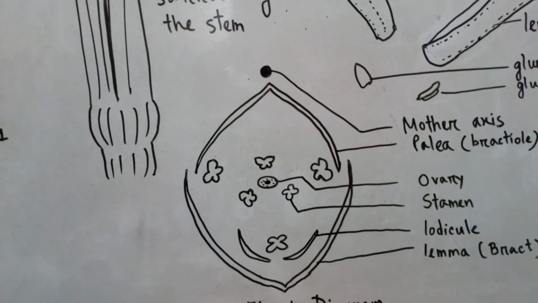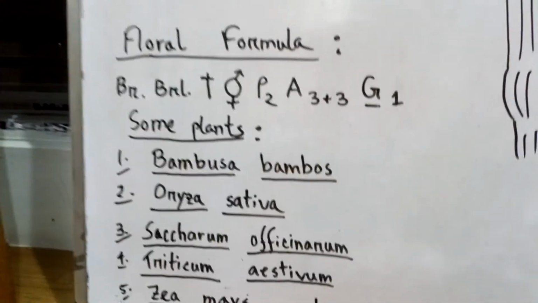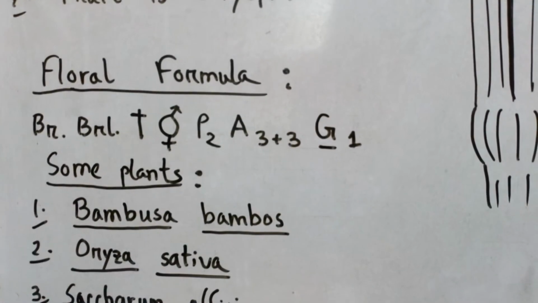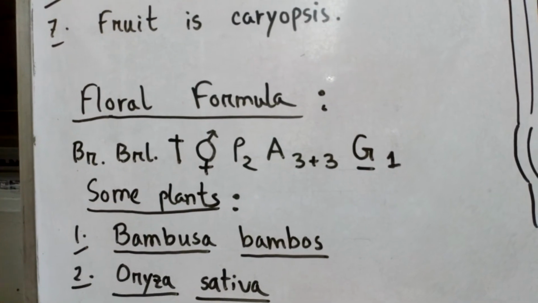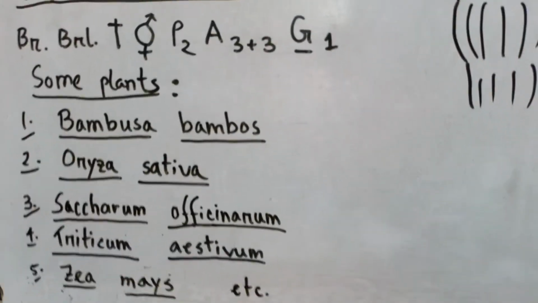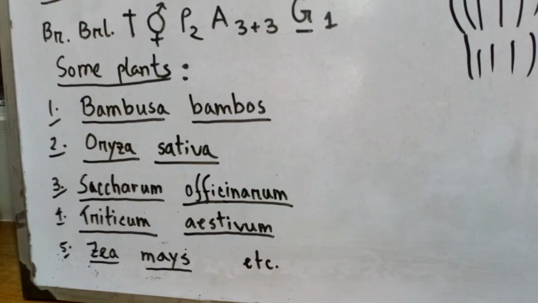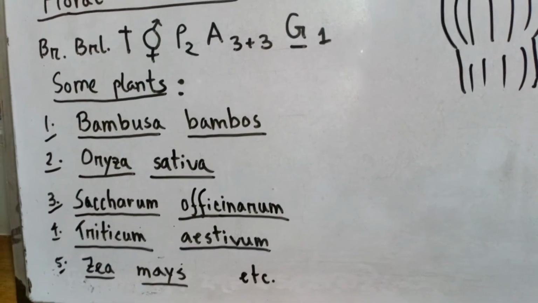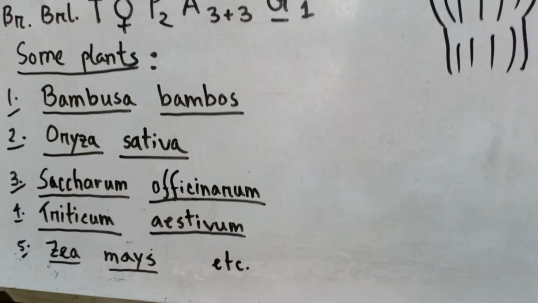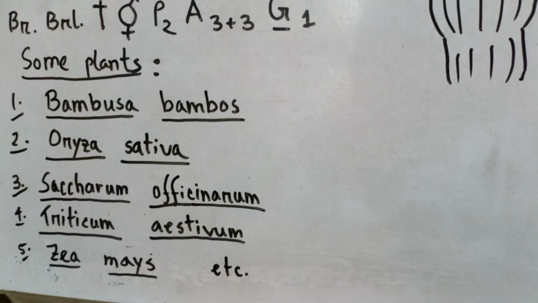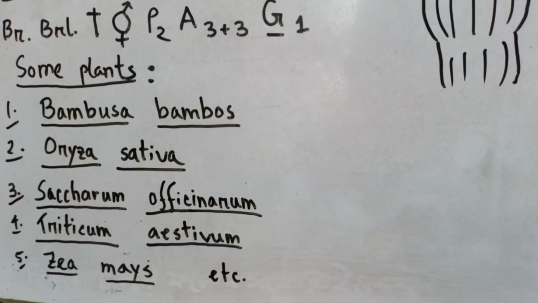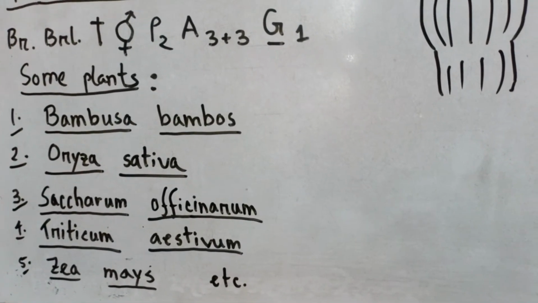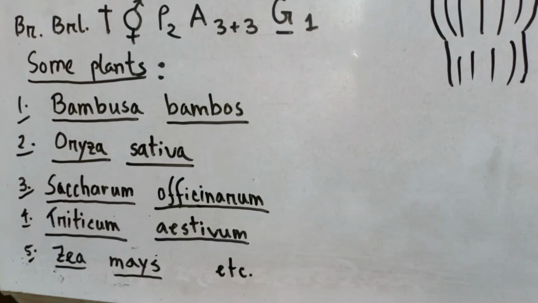Now we have to know about some important plants. In this family there are some important plants which are mainly playing an important role as cereal plants. Different plants you can see in this family. Bambusa bambos, bamboo, which is used for different purposes, as furniture, as decoration of houses. And it is included in the grass family because of its floral characteristics and hollow internode. These characteristics are similar to grass.